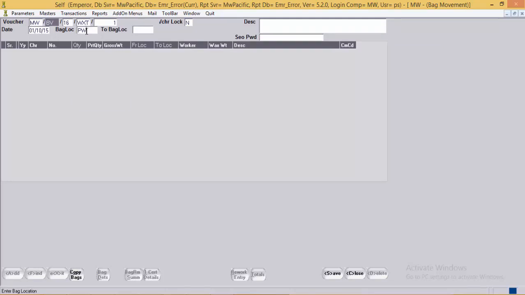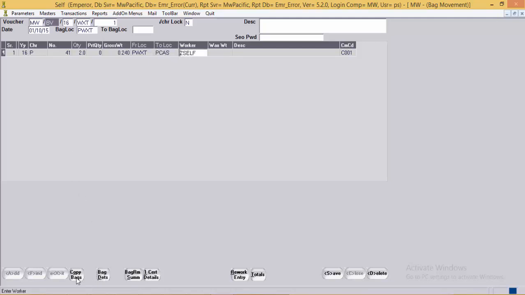The bag location PWXT, bag number 41. Again we automatically got the to location based on the production sequence, that is casting.